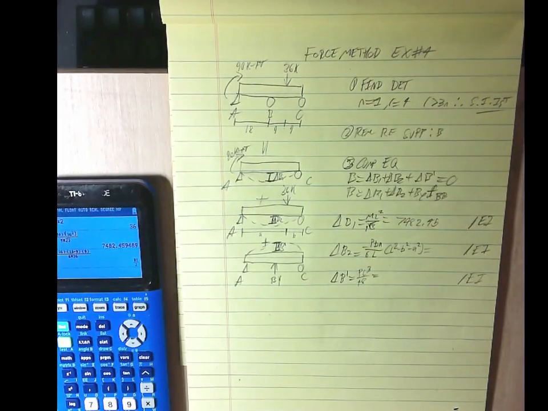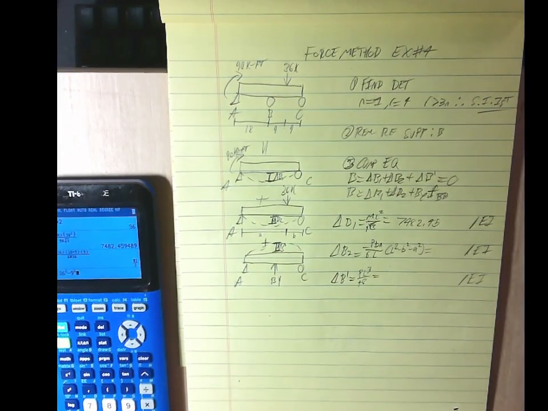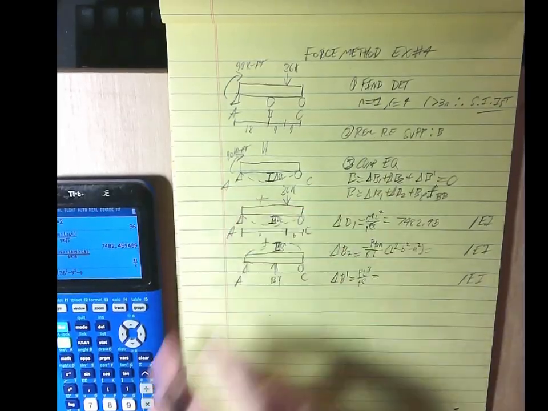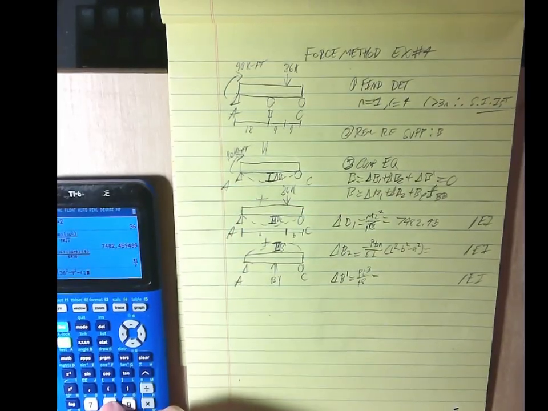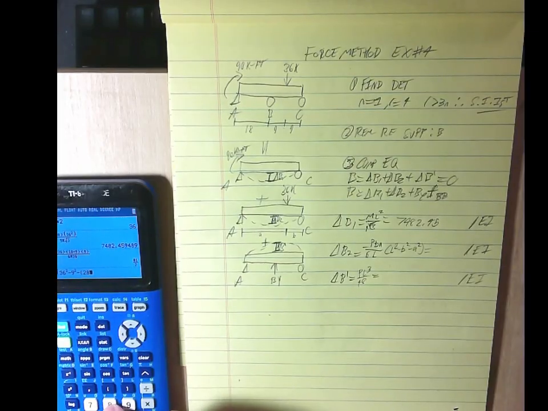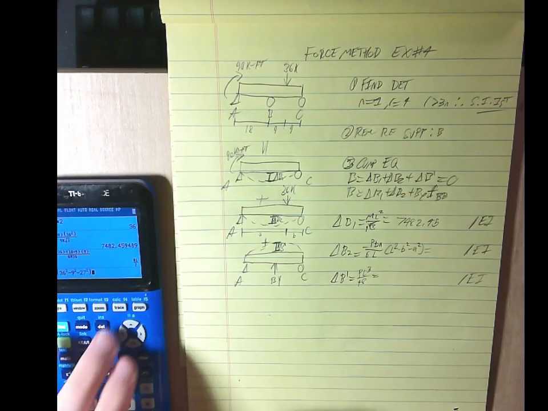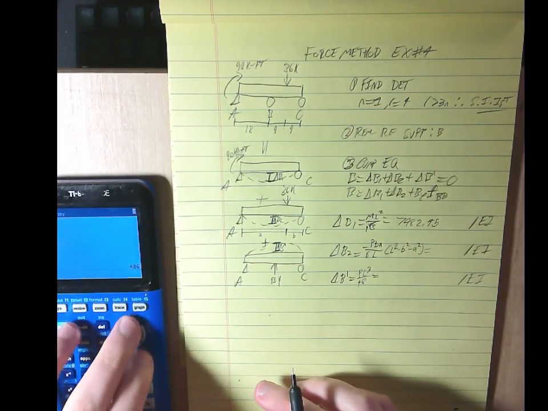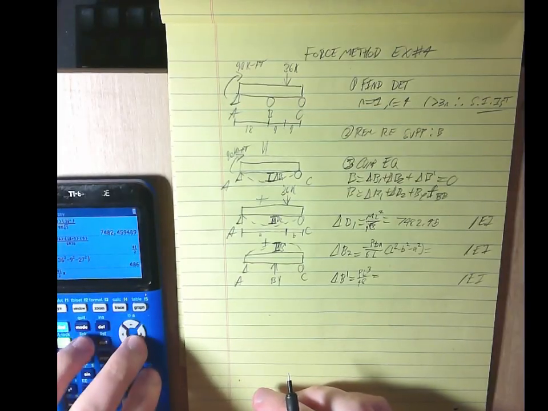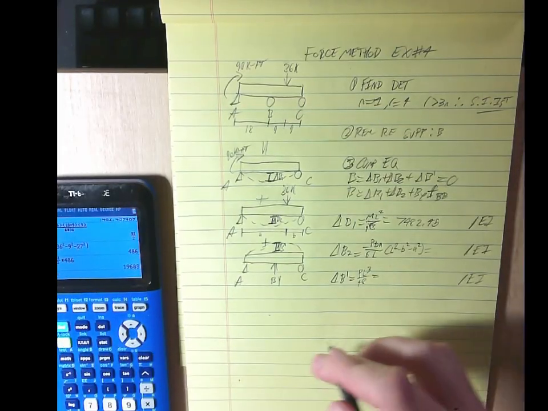And this is all multiplied by 36 squared minus 9 squared minus 18 plus 9, or 27 squared. This times this is going to give us,